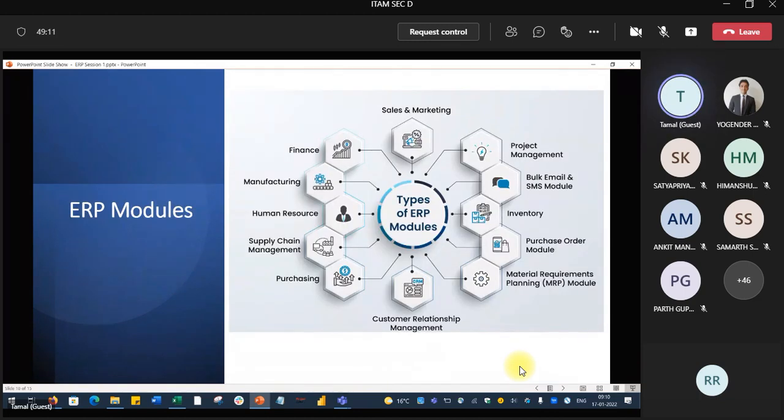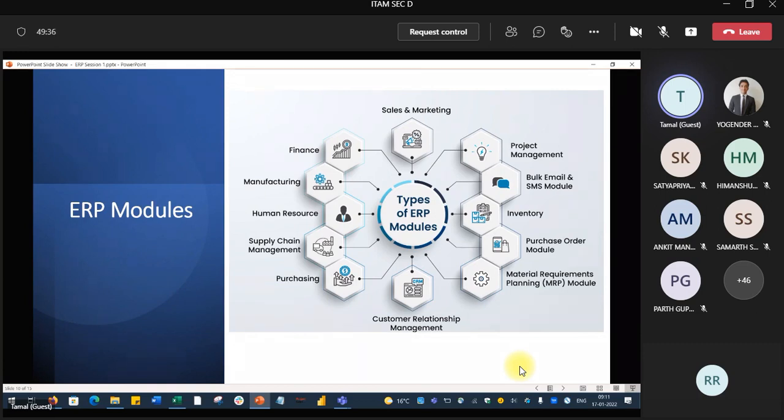I was telling this, no? I do not know whether I will get time today. There are 500 modules. Some of the modules are depicted here. You must be very familiar with this. Even the bulk email and SMS modules are all embedded right now. When we started, we didn't have mobile, right?